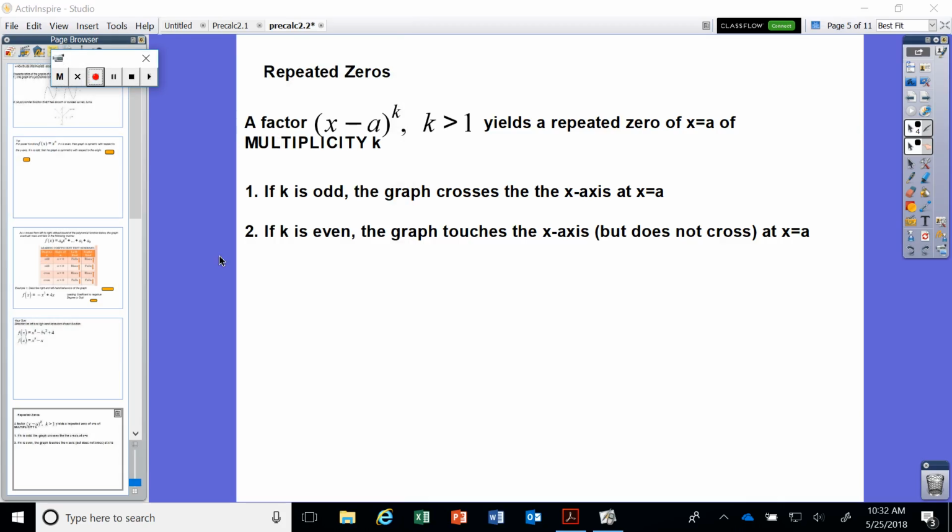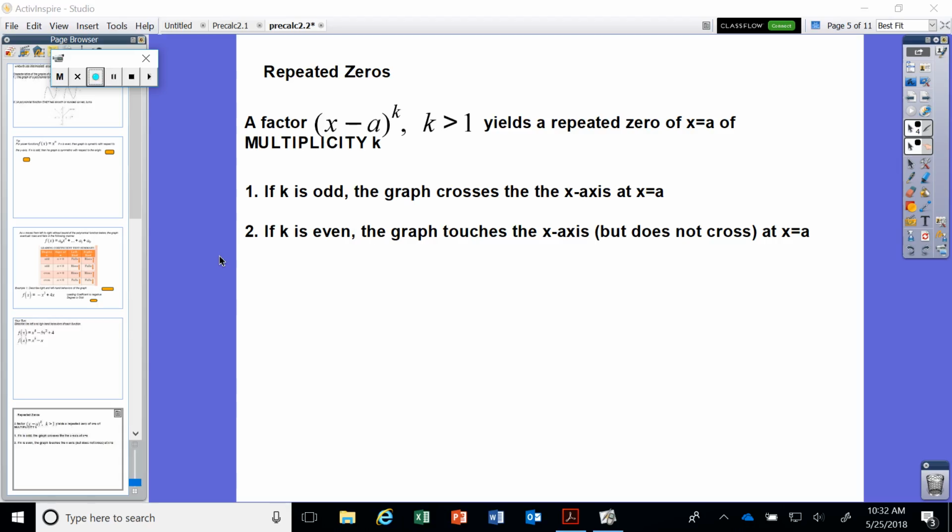Alright guys, so in our last video we started talking about leading coefficient tests and we dove into how to determine end behaviors. Well, in this video we're going to take it one little step further and think about a concept called multiplicity. Alright, multiplicity. And that relates to what we talk about with repeated zeros, in which a zero or an x-intercept